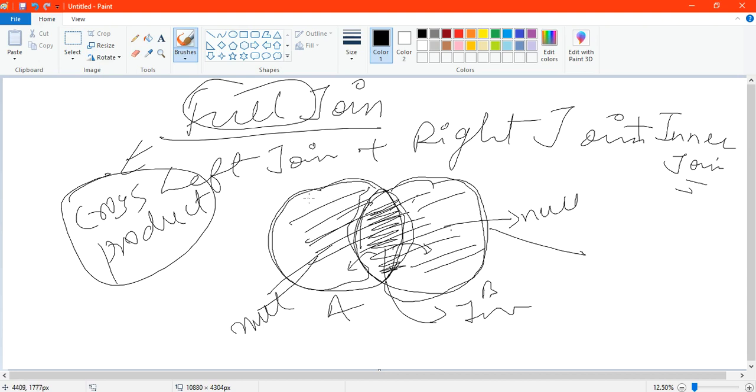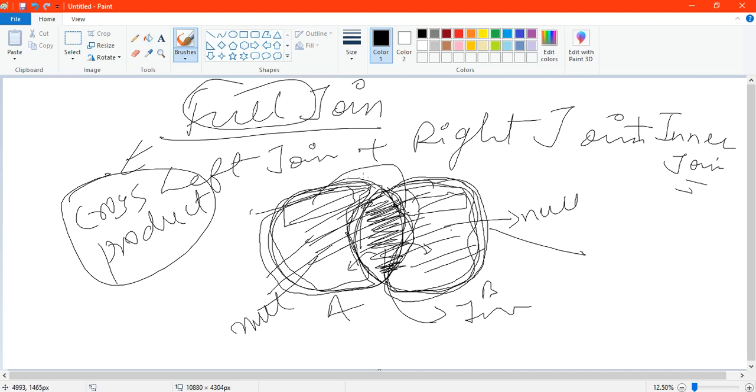what is happening? All the records of the first table are coming, and wherever the values are not present in the second table, for those columns null is coming, and the inner join result is also coming. Then for the right also the same thing is being done. Some values which are not present in the first table are taken as null, but that does not happen in cross product. Cross product just takes from the first table, takes something from the second table, appends it, and does this with all the combinations.